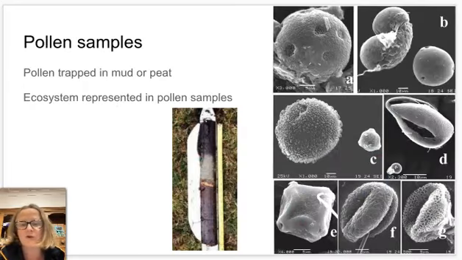And similarly, we've got a core here, but it's not an ice core. See there in the middle, it's not an ice core, it's a core of mud or peat, and that has trapped pollen in it. So we get some great data of the exact plants that were around at the time, because we can have a look at these fossilized pollen grains that you can see in the picture, and you can compare those pollen grains to plants that are producing pollen today and get a really good idea as to what was in that area and in that ecosystem.